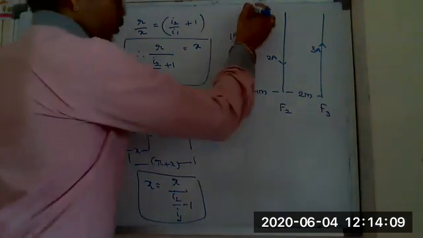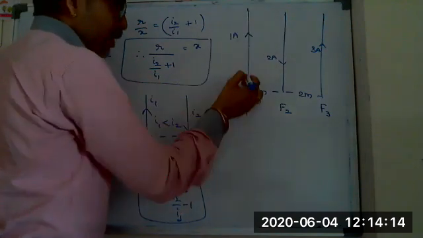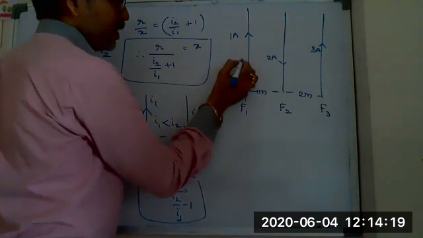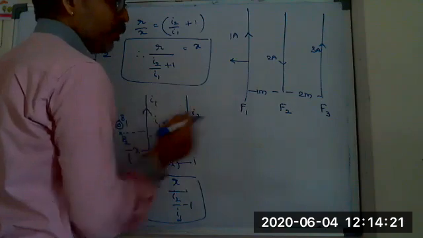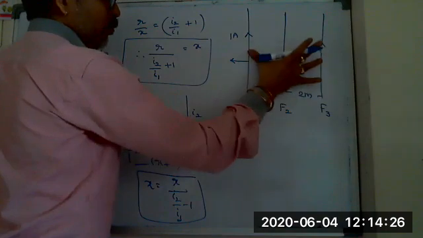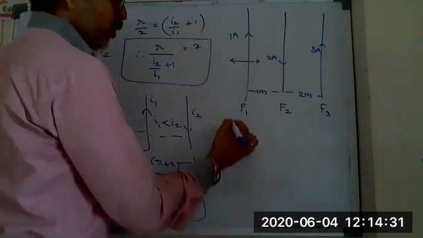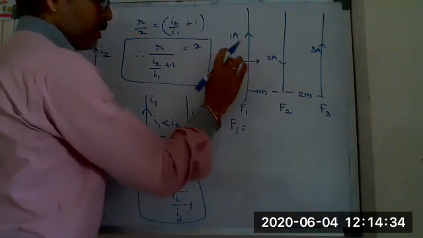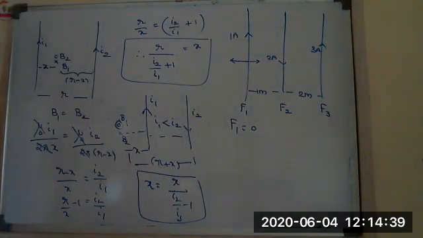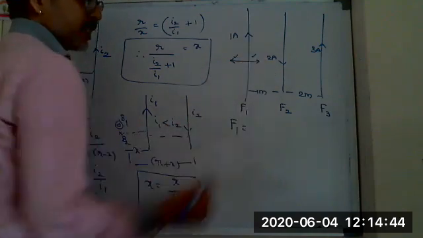Here, suppose you consider the F1 part, the force on the first conductor due to the second. They are in opposite direction, and opposite means repulsive force. And these 2 are in the same direction due to the third conductor, same direction means force will be in this direction. So for F1, what I have to write is the net of these 2. Don't say straight away 0, since they are in opposite. So here F1 will be the resultant of these 2 forces.